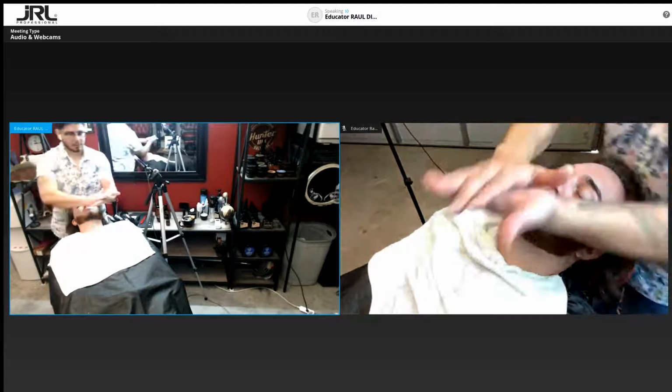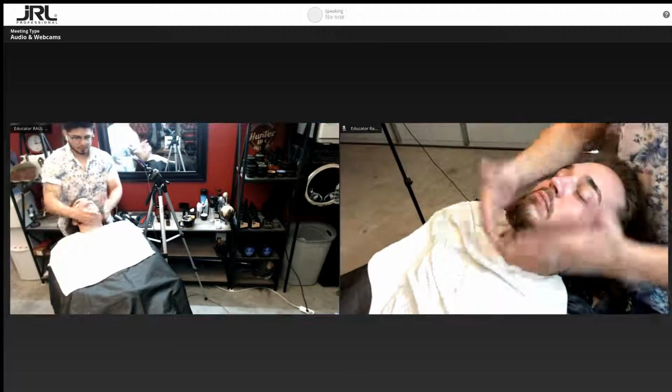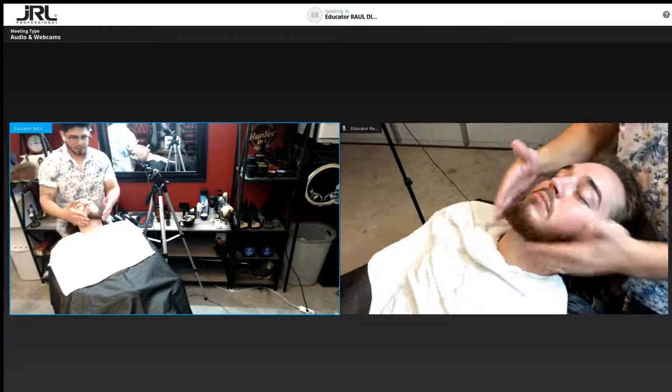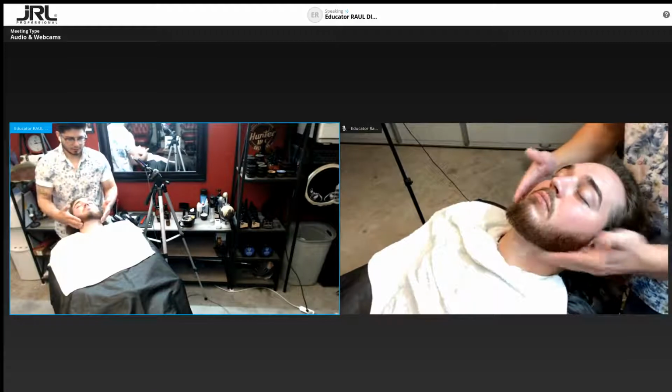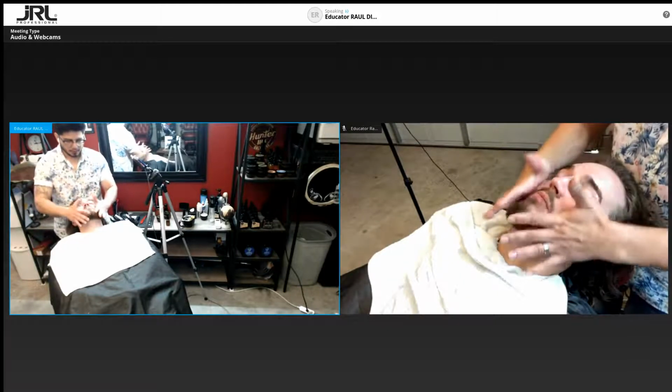Now, benefits. Apply that on the beard. Make sure it's not too much, okay? Because the beard will end up curling up. You just want to lightly graze the ends and then comb it through. I'm going to put it on his eyebrows as well. I'm going to go ahead and